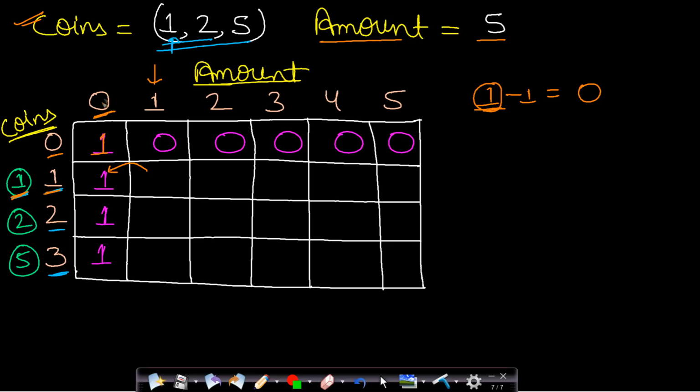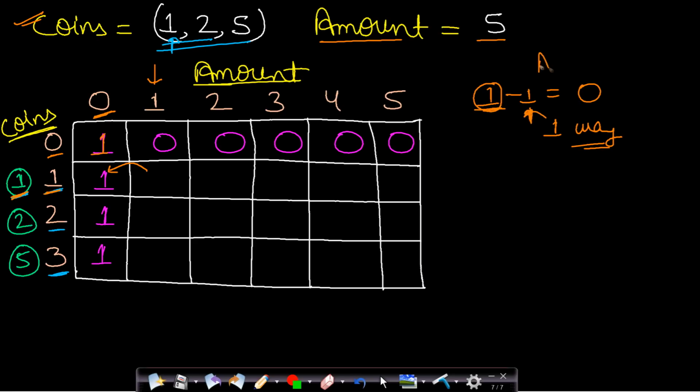So you can see that it is already storing the result, that is, you can find sum 0 using the first coin in just one possible way, which is to exclude this coin. So by including this coin 1, you have one way to find sum 1. Okay. Now if you exclude this coin 1, then what will happen?